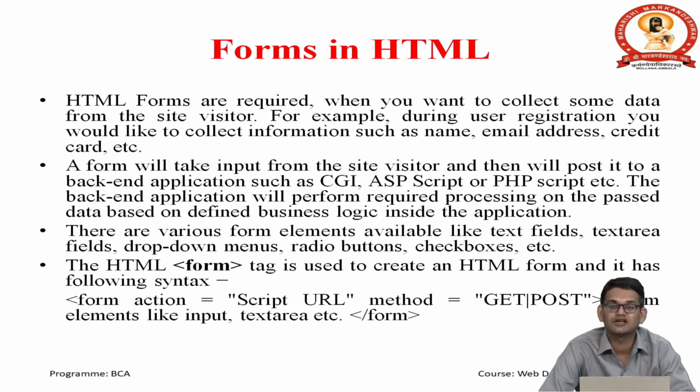Suppose there is an option to select the subjects of BCA. So there are more than one subjects, and for that reason the user can select multiple, like C, C++, web designing fundamental. So the user can select multiple. So when the situation comes for multiple selection, we go for the checkbox, and when the situation is for only one option, we go for radio buttons.